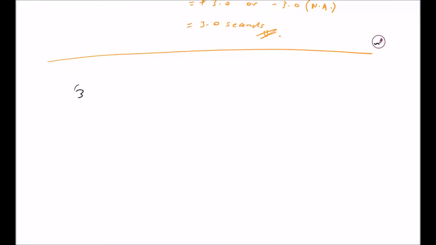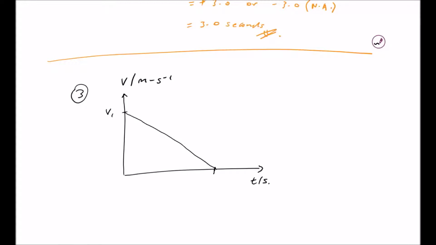Question 3. A car will skid to a halt at a uniform rate of negative 9.4 meter per second square. So again, we try to draw the velocity time graph. We don't know what's the initial speed, so let's just label this as v1. We don't know at what time the car came to a complete stop, so let's just label this as t1 again. But what we do know is that this area is 30 units square